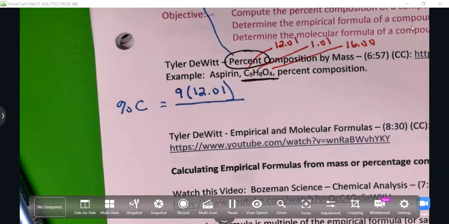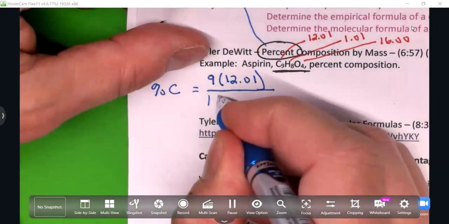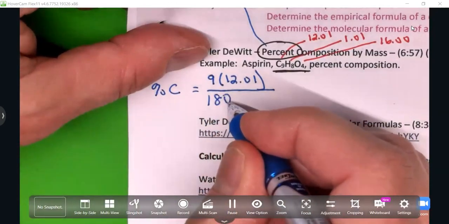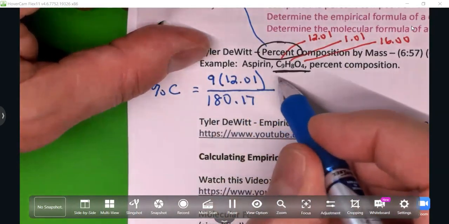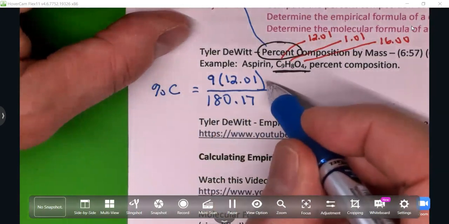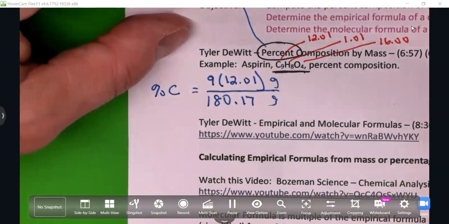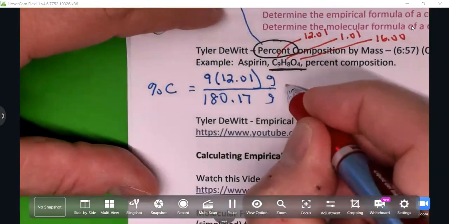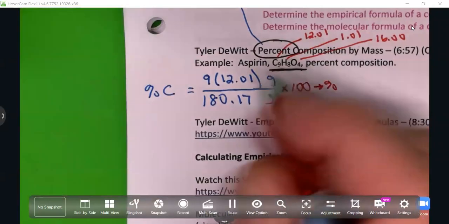And what is the molar mass, the complete molar mass? 180.17. Okay, and we could put grams, AMU, something. We know we have the same units. If we had a mole, I guess we could put grams in there. And then we're going to multiply that by 100 and add the percent sign, and we would get,